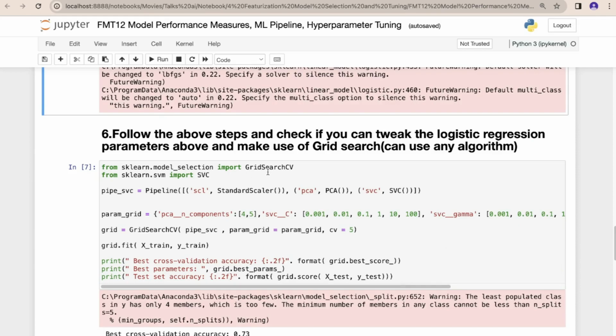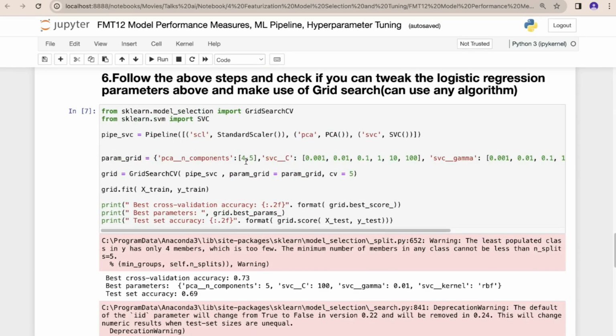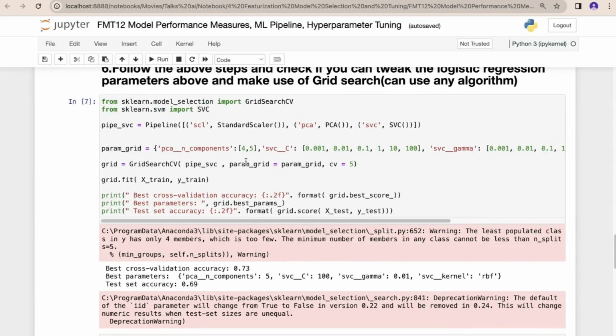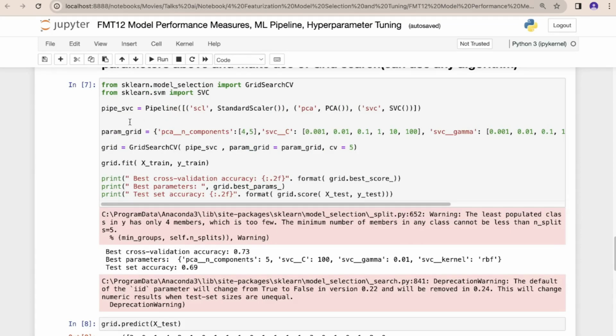Now follow the above steps and check if you can tweak the logistic regression parameters above and make use of grid search. Here you can use any algorithm to perform it. As suggested, we are using GridSearchCV from model_selection, SVC from svm, and pipe_svc. We are making a variable in which we call the pipeline function and pass all the required parameters, like the StandardScaler,